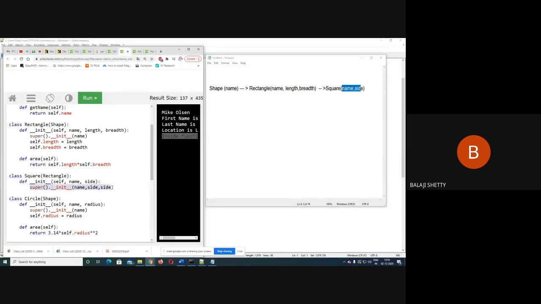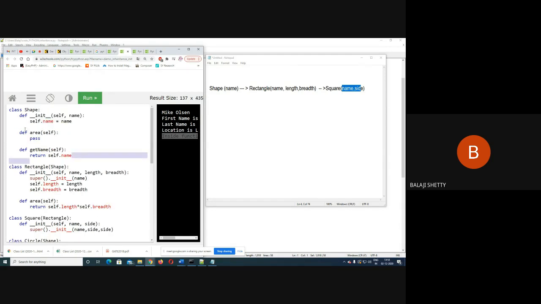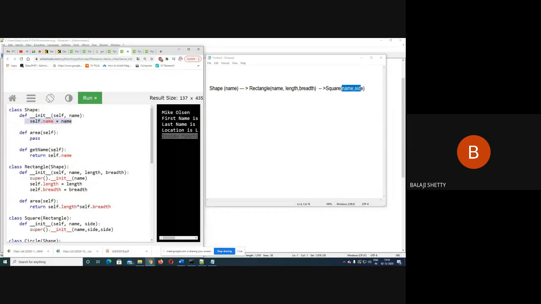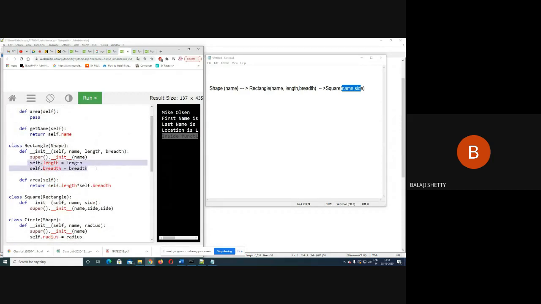Then we initialize the base class. What is the base class? Super dot init means it will now call Rectangle's init method. Try to understand this. When I write super dot init, it refers to the Rectangle class. The Rectangle class will call its init method, and it will assign length and breadth. It will call the base class method self.name. In this way we get the values of length and breadth. Both are the same in Square, because see here, side comma side.